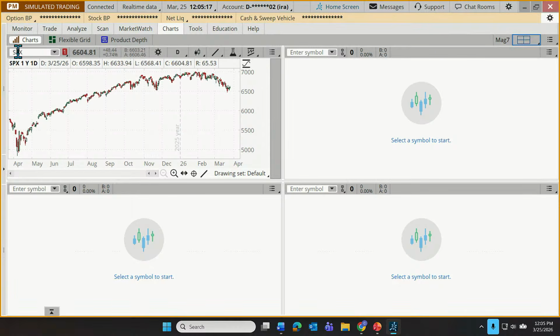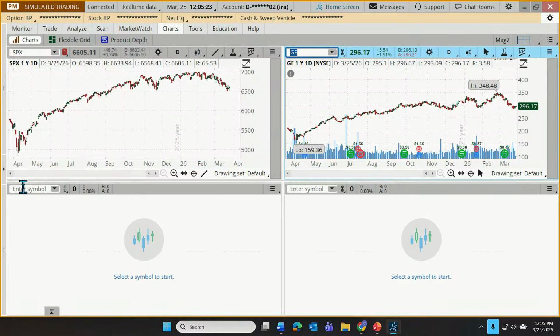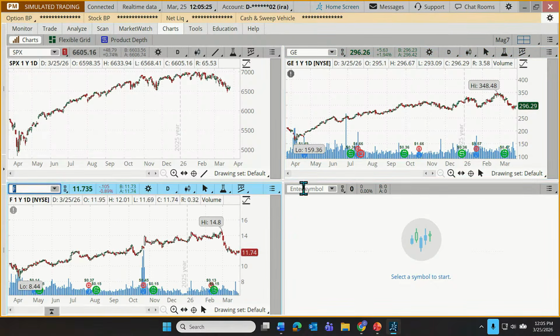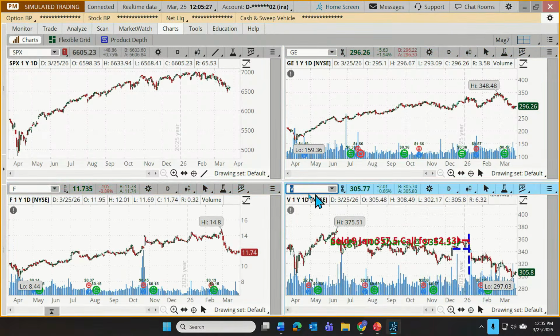So how about we load in a few example symbols here. For example, maybe I'll just type in GE up here, hit enter on my keyboard. I'm going to type in F for Ford down here and V for Visa because I'm lazy and I'm using short symbols. But there we go. We can see very quickly how a trader or an investor can start to load up multiple charts. And they could, yes, start to load in preferred time frames and indicators and all of that.